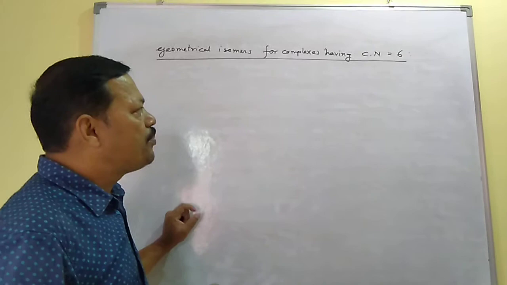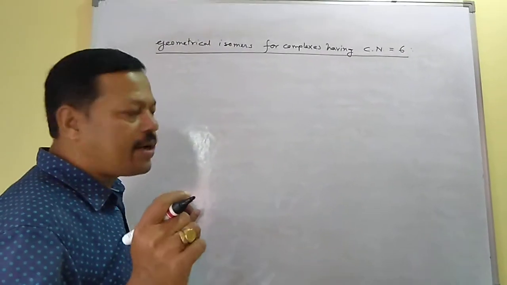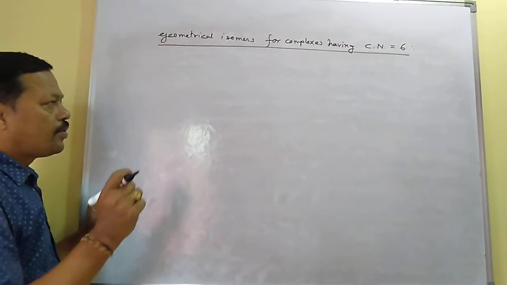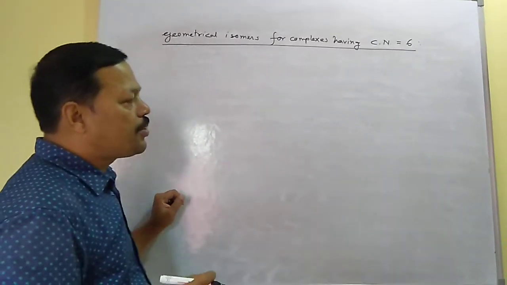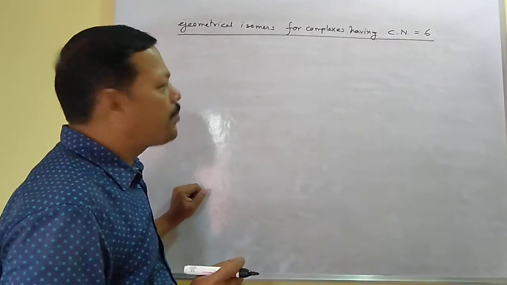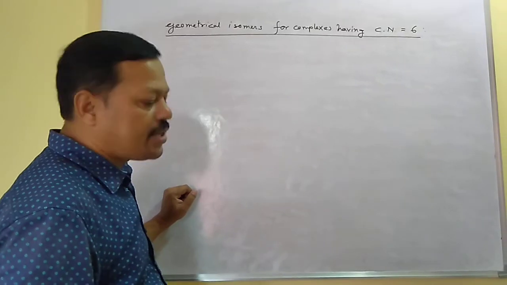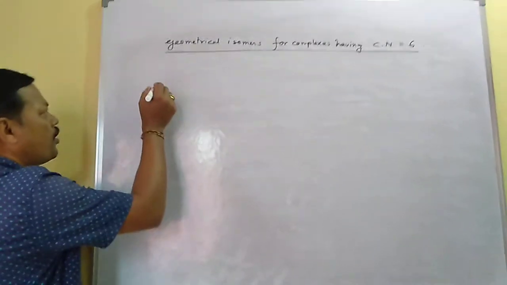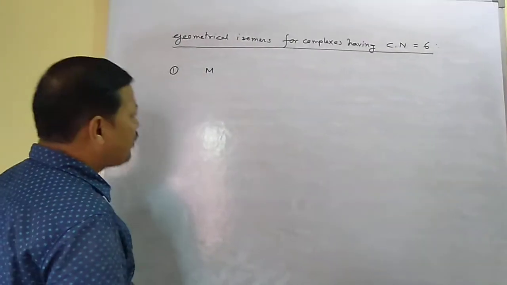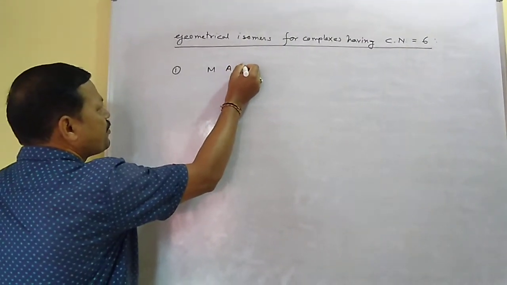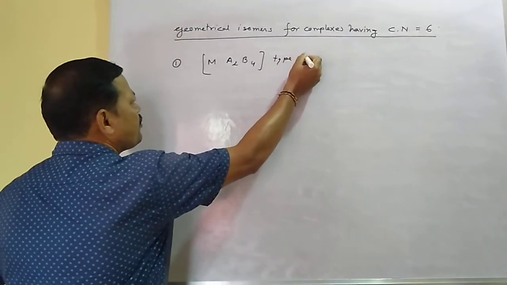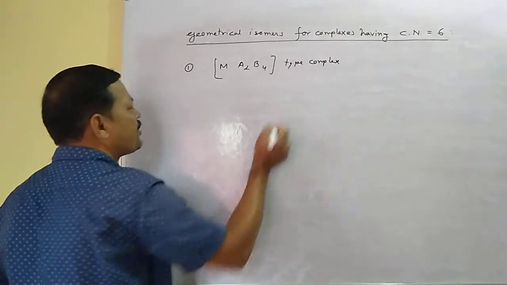So if the coordination number is 4, then the structure will be square planar, and I have drawn the square planar complexes' isomers. Now the complexes having coordination number 6 have the octahedral shape, and for this octahedral shape, how to draw the cis-trans isomer, I mean geometrical isomers. So, for example, this is one type of complex whose coordination number is 6.